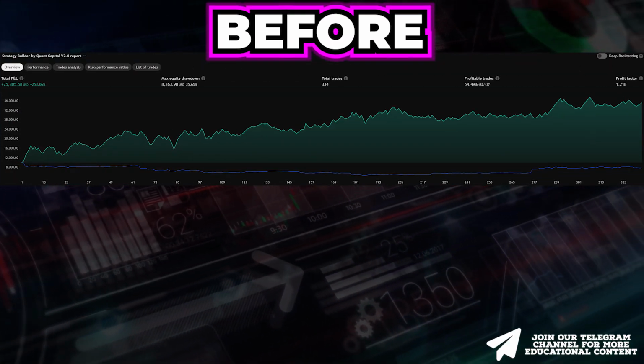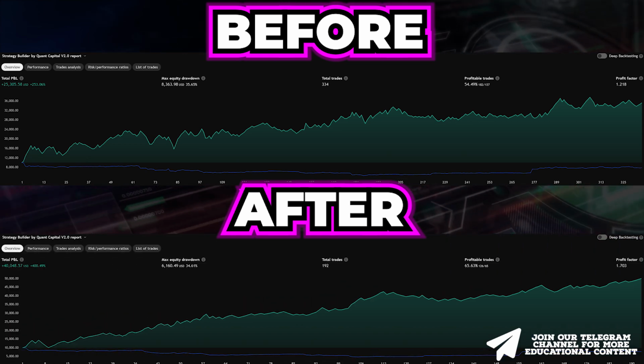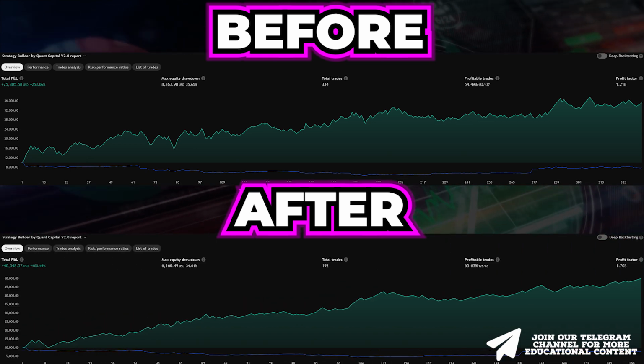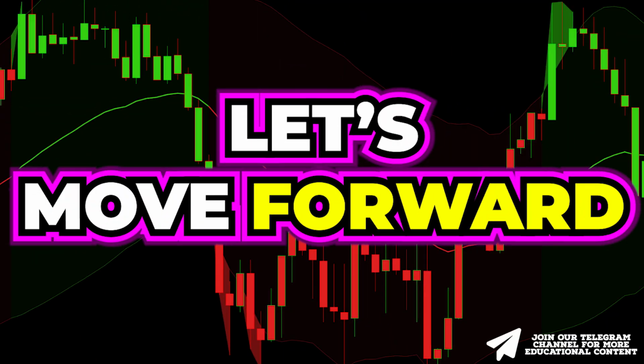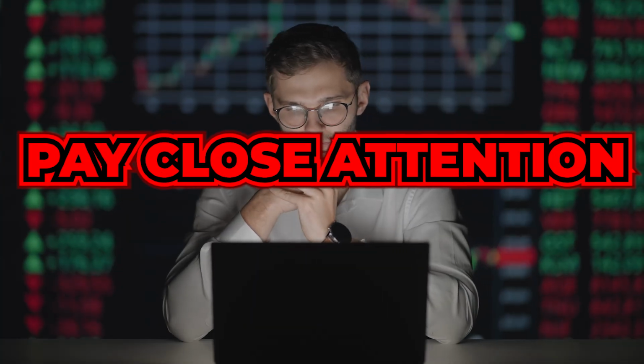And boom, here's the difference in the EMD trend indicator's performance using default settings versus optimal settings. And it's a significant one. Now let's move forward and combine it with a new trading filter, known only to the top 1%, to further